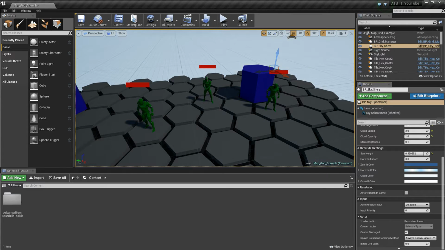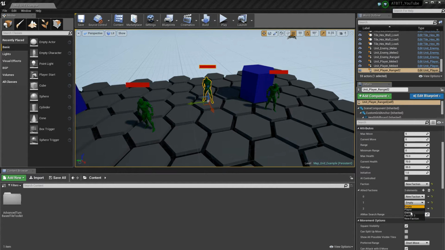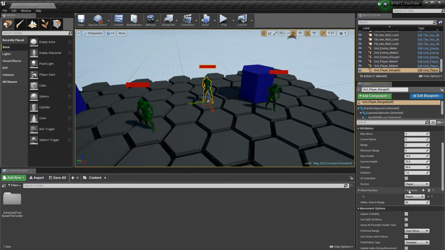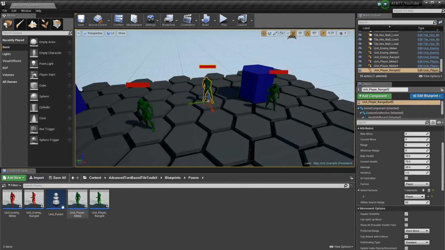So now when you select a unit and change its faction to the new faction, then the allied faction automatically changes to its faction, and then you can add more factions it is allied to. If you change to another faction, then it's reset to just being the faction it is allied to. Another way to do this, so you don't have to set this up individually each time for everything, is to set it up in the unit itself, which might be a better way in many cases. But this is the most flexible solution I found, where you can set it up however you prefer